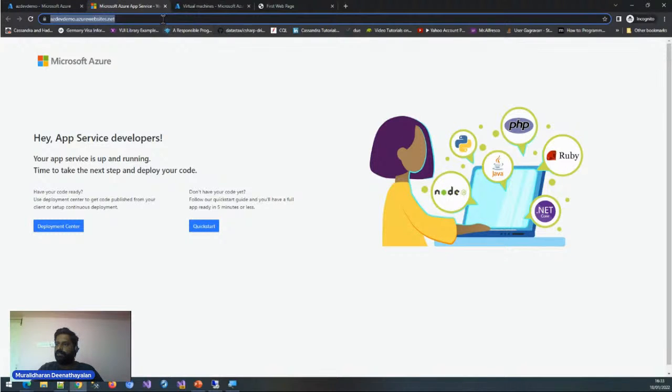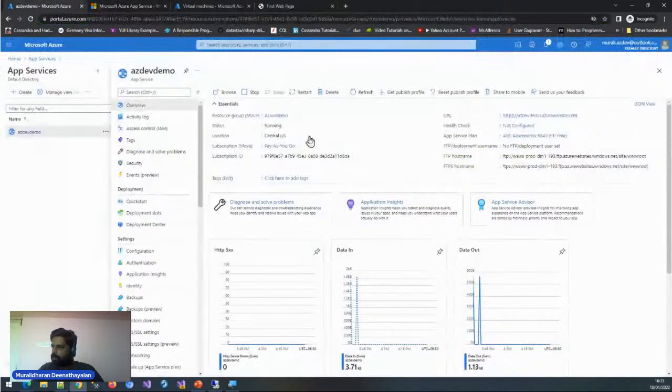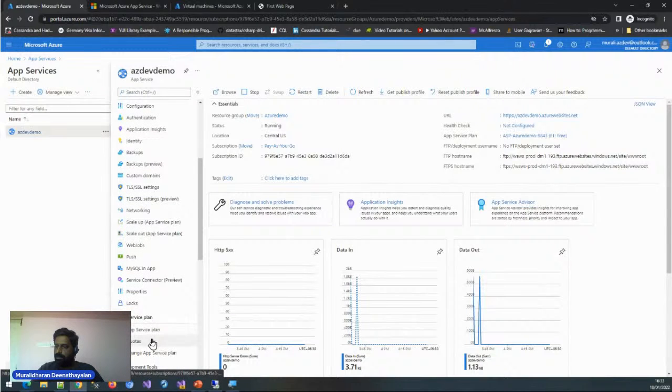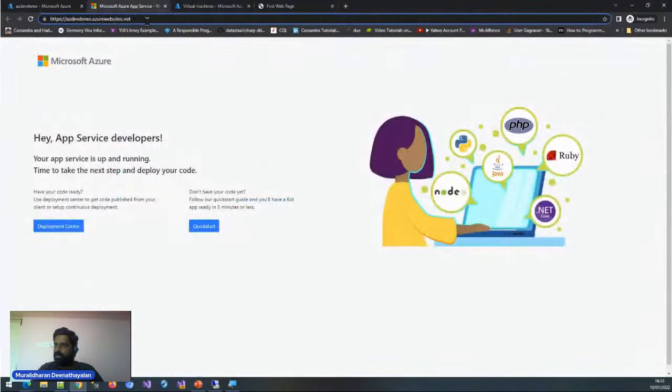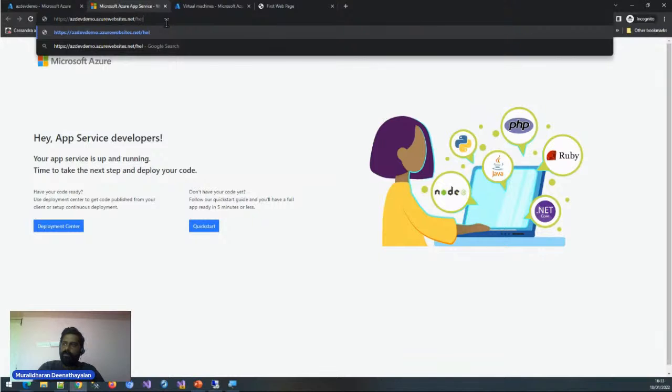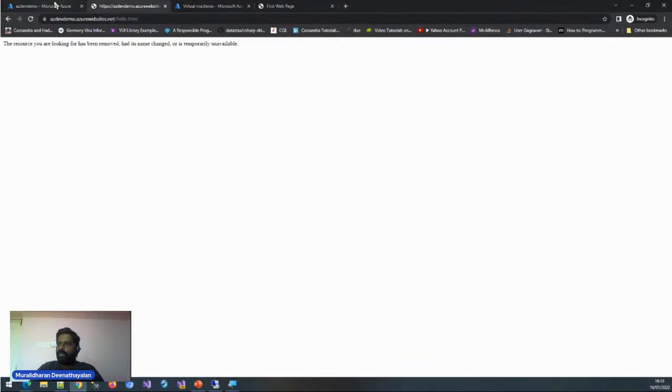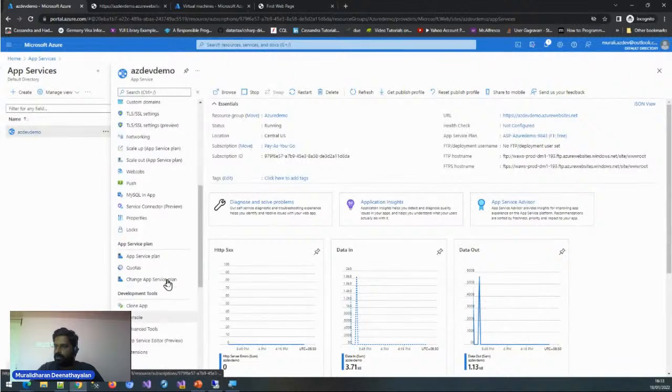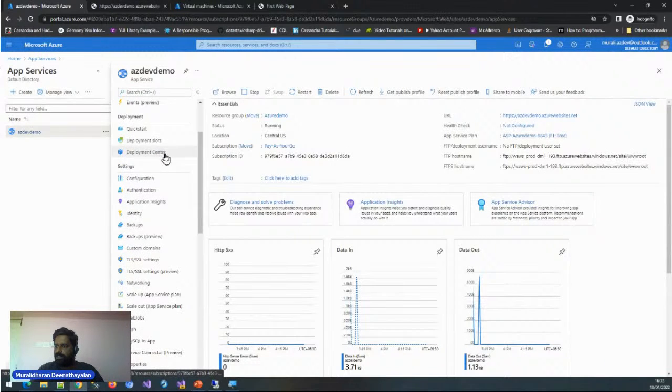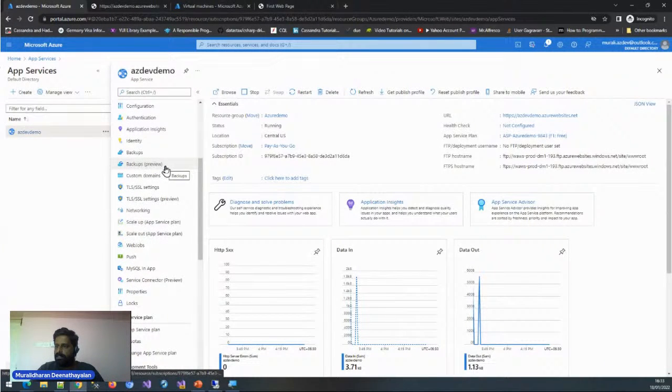So you can see here, this is the default page. Okay, it says it's not found. Let me go and see the details.